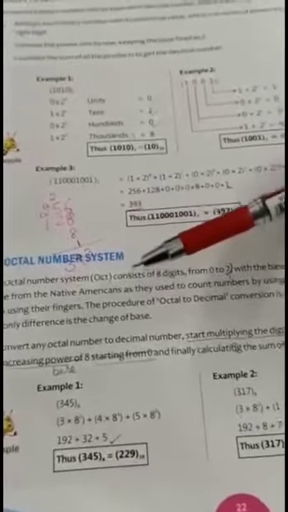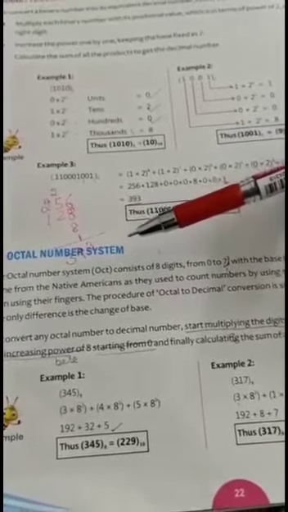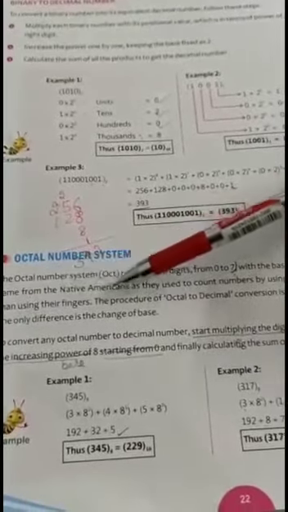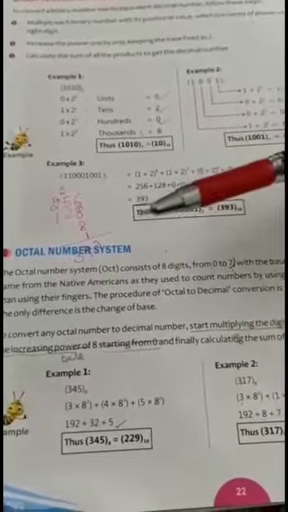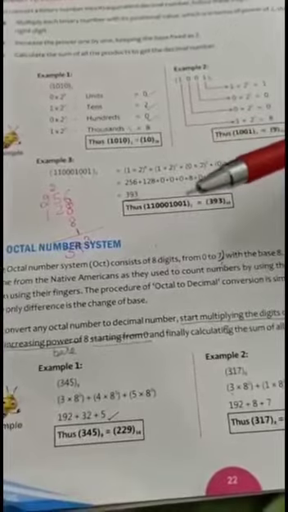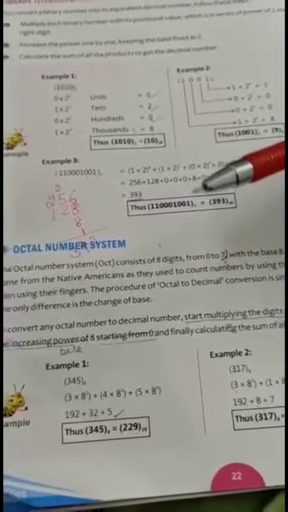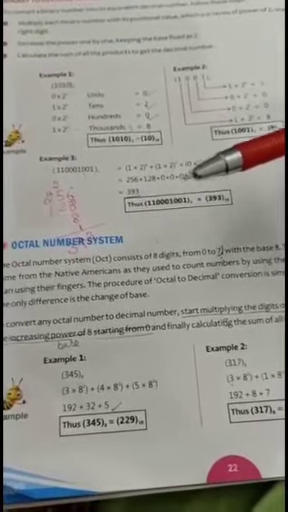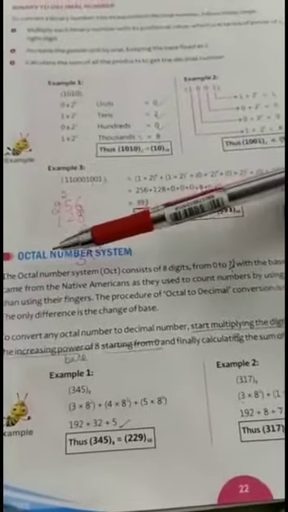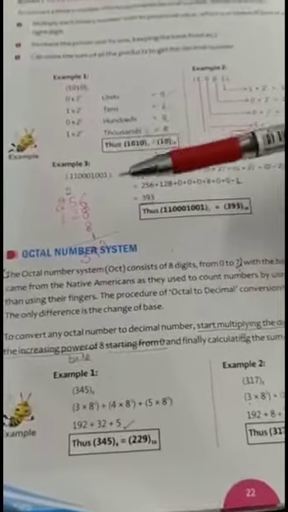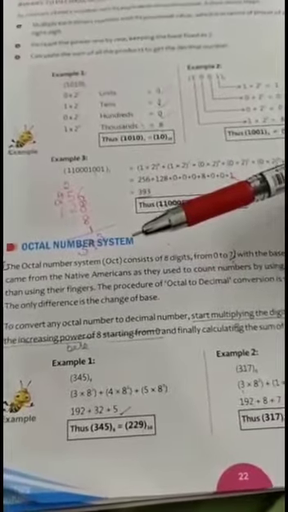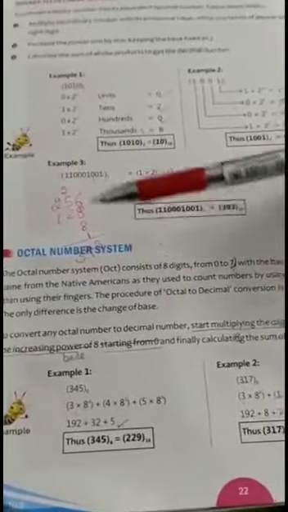We are using the fingers to count numbers, so the total number of fingers is equal to 10. But Native Americans use the space between two fingers. So by counting the spaces between two fingers in our two hands, the total will be 8. 4 spaces in one hand and another 4 spaces in the other hand, and the total will be 8. And that is why the octal number system concept came into existence, as the Native Americans used to count using the space between the fingers rather than using the fingers.